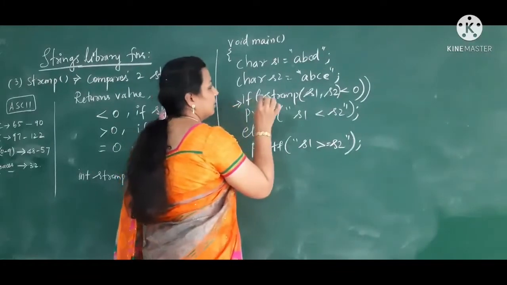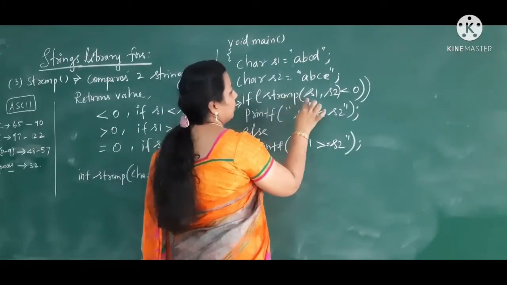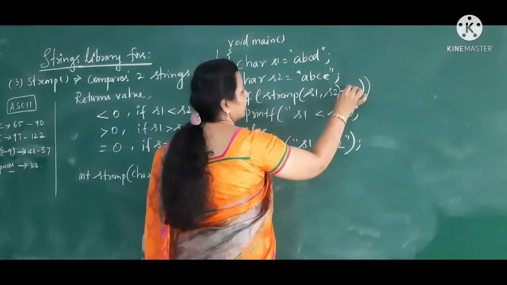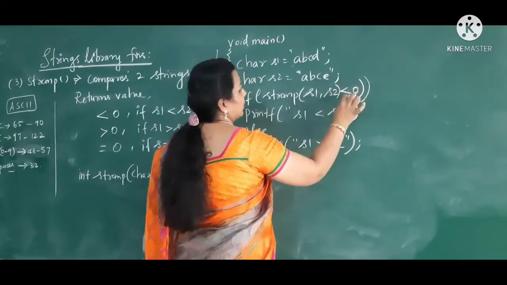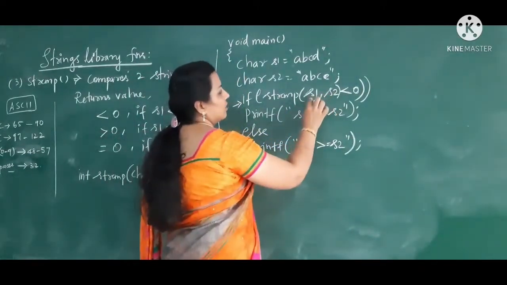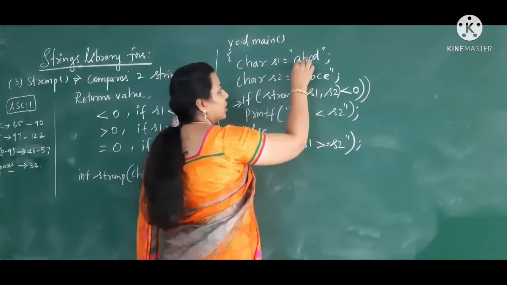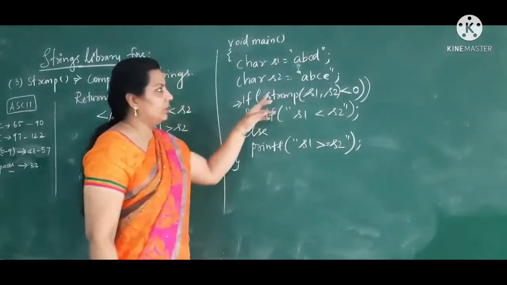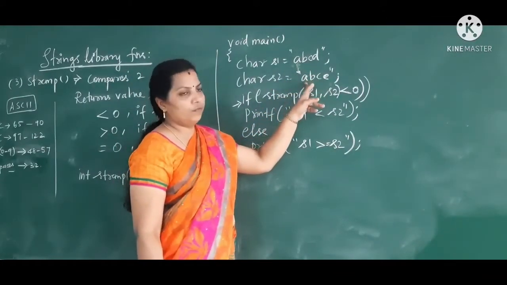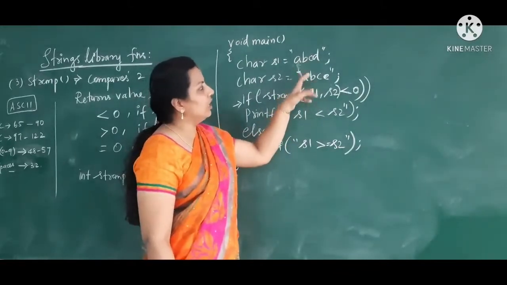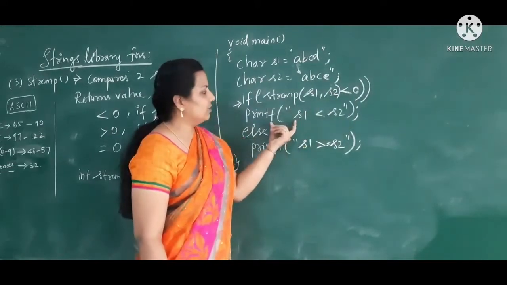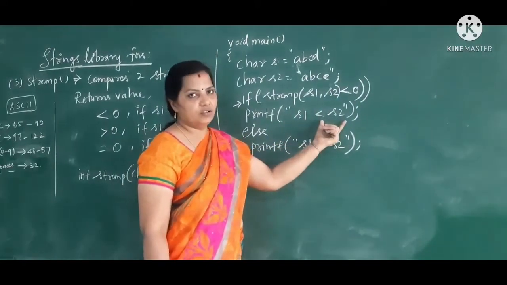So I am considering the condition that if string compare of both the strings S1, S2 is less than 0, right? So I am giving the consideration as when it is less than 0. How is it being checked? What is the length of S1? Actually it searches the first string, when the ith character of the first string and the ith character of the other string are compared, when they differ and the first is smaller, it returns less than 0. It executes the statement as S1 is less than S2, right?